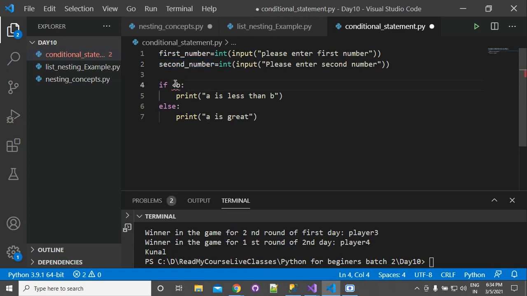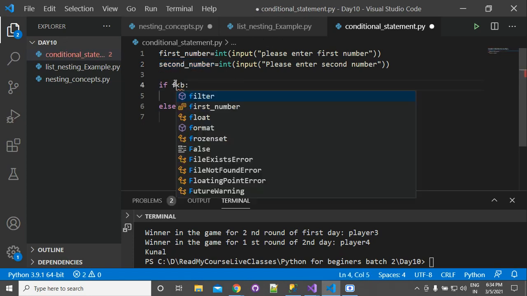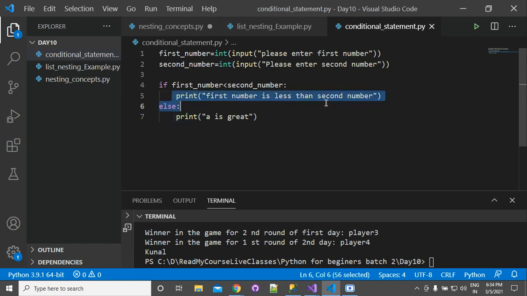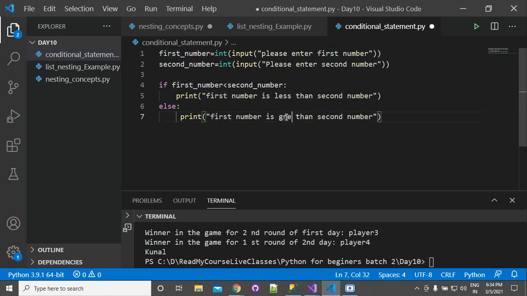So we will write here if first number less than second number, then print first number is less than second number. And then else we will write here print first number is greater than second number. Okay, now run your program.